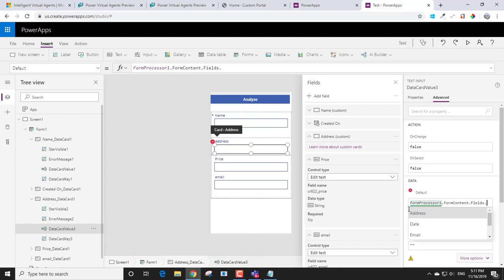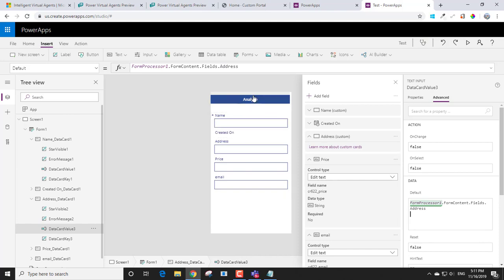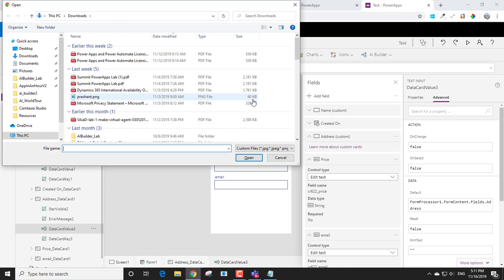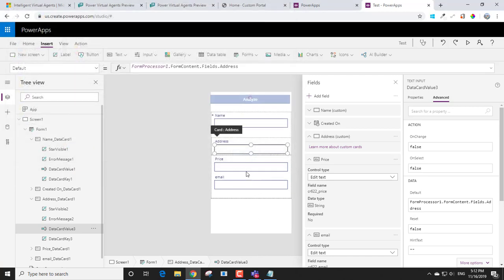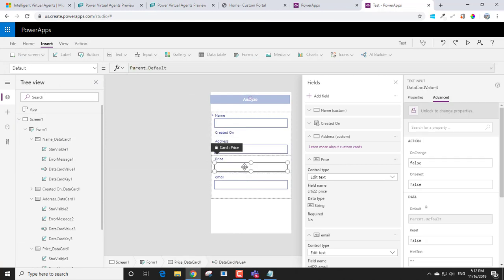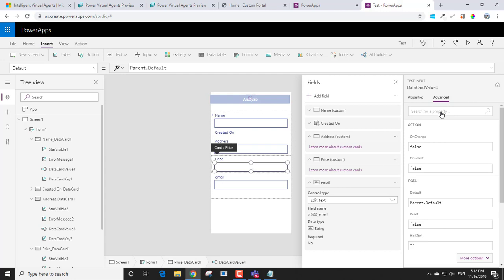And rather than name this case, it looks like this one's address. So we're going to go out and grab the address. And we actually don't see those values in there. While I'm finishing the rest of them, let's go ahead and bring in a PDF file itself. So it was like water permit, and let's go ahead and open that. And while that's opening, we're going to go ahead and actually map the rest of these. And you'll see at some point, it's actually going to go ahead and process that one PDF that I used or I referenced, and I can go ahead and,